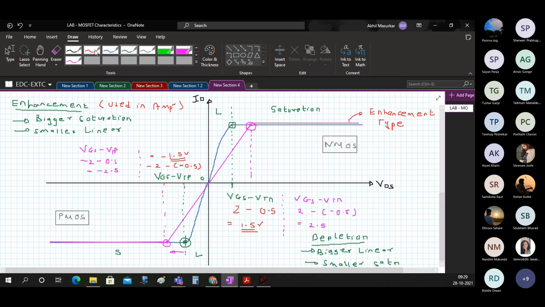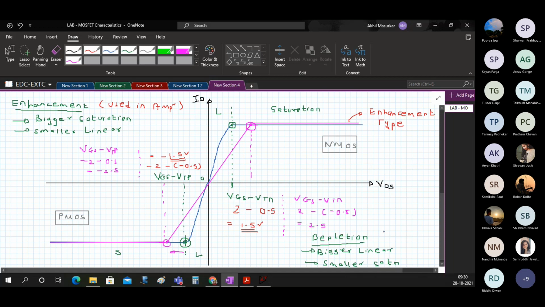So basically we can use this, it has got a bigger linear. So current varies linearly with voltage, and that is the reason why it can behave as a very good resistance. So most of the times it is used as an active load.